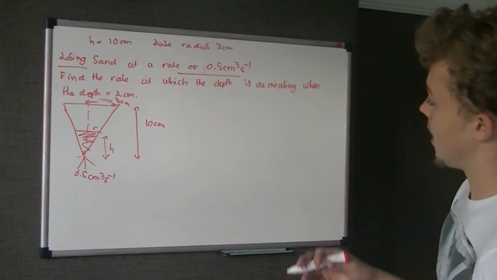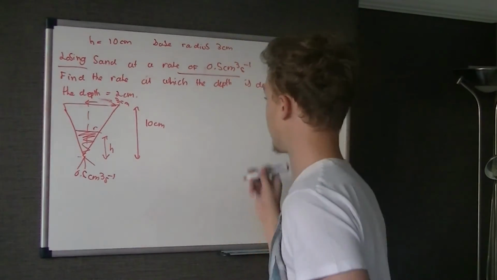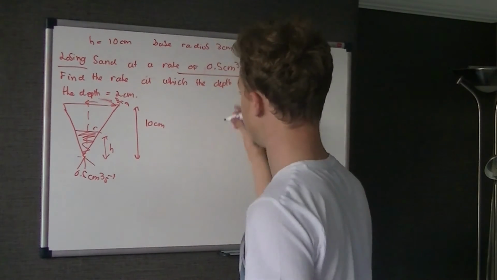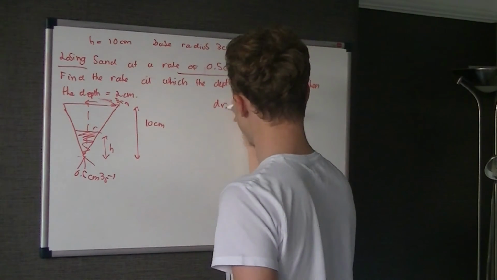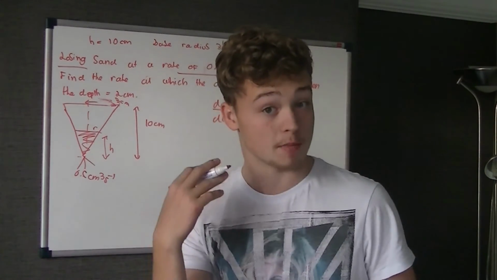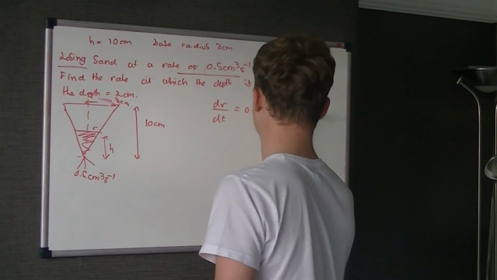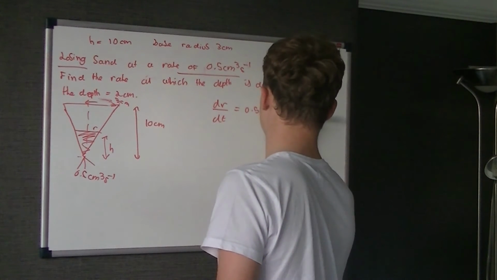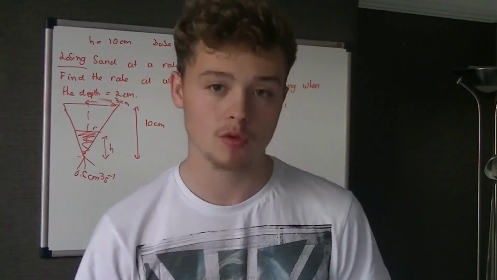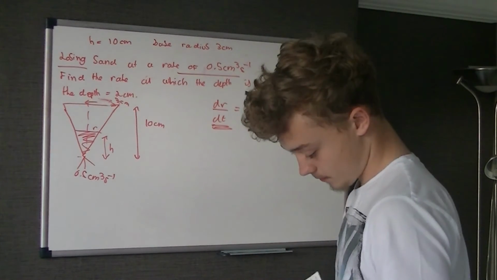So it's losing volume essentially is what it's trying to say, and that's time. It's volume, so dV over dt equals 0.5 centimetre cubed per second, because centimetre cubed is a measurement of volume and second is time. So dV by dt equals 0.5 centimetre cubed per second, and we can use this part to represent our chain rule. The unknown in the chain rule is going to be dV,